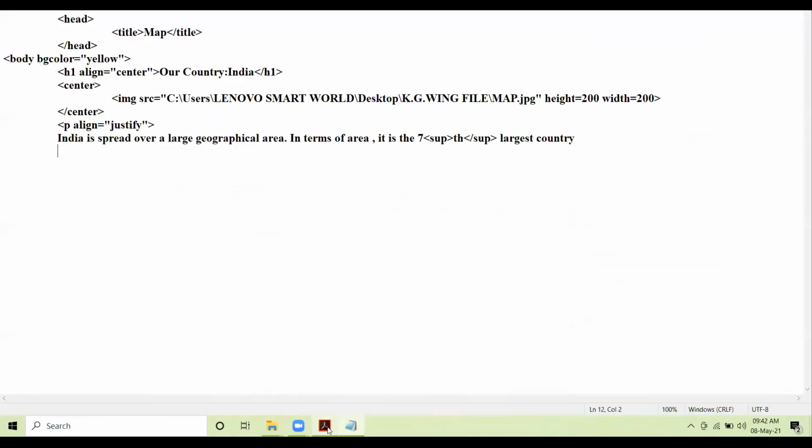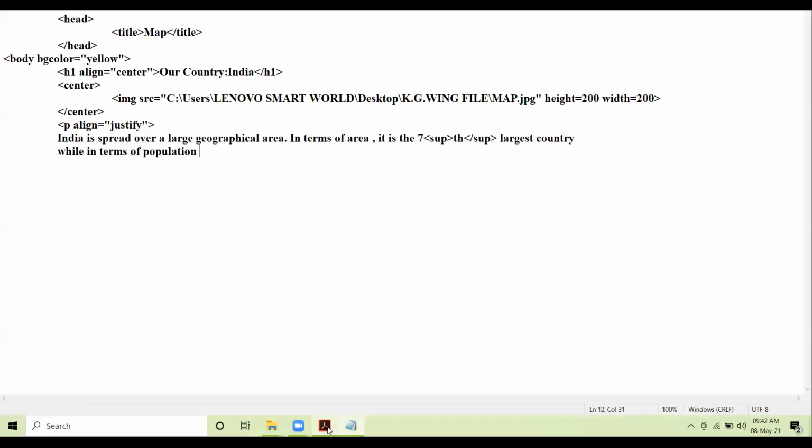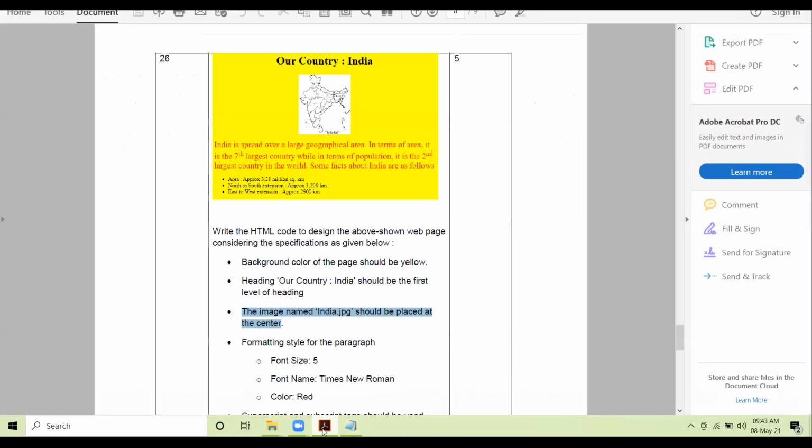While in terms of population, it is the 2, again superscript, ND, superscript closes, largest country in the world.